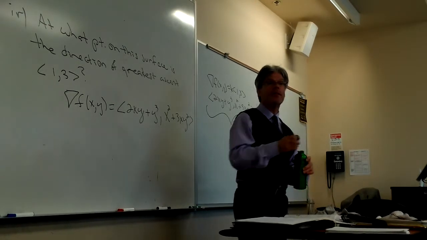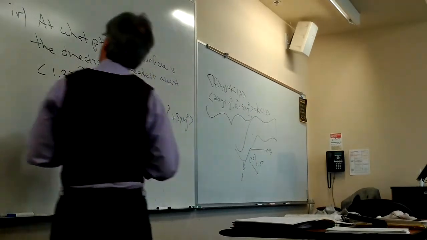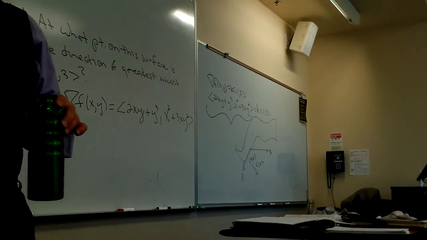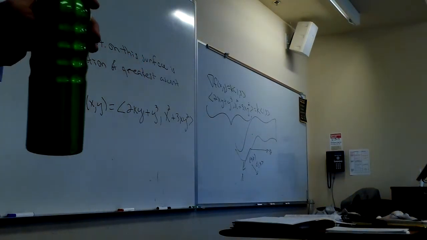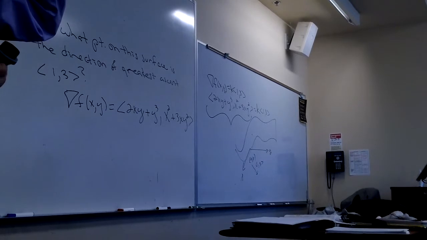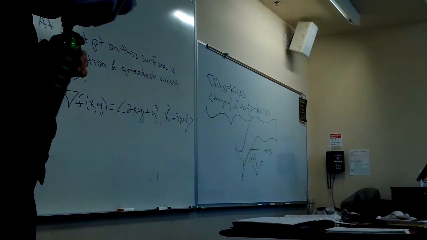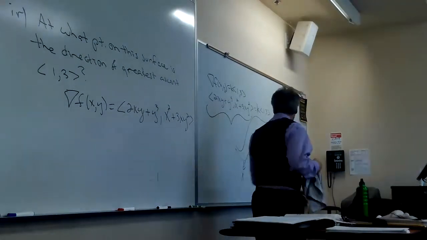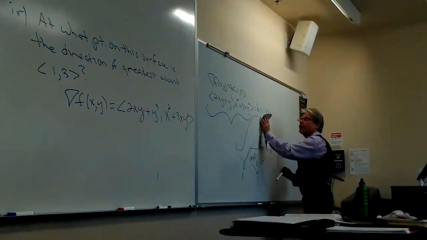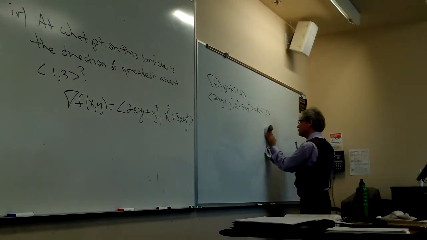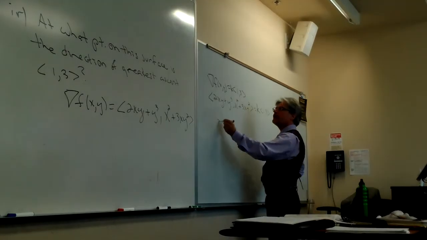So on this question, should it say, at what point on the surface is the direction of greatest ascent in that direction? I don't think I had to put the words in, only because it's a vector, so that's really what it means. Okay. So how do we find out this k value? I give up. I let it go. It simply suggests that when I create components of these vectors, it just simply means 2xy, 1,